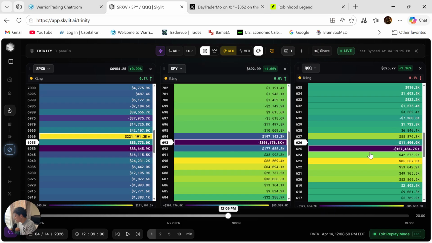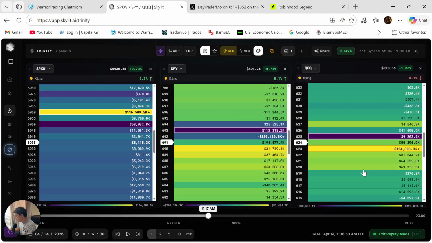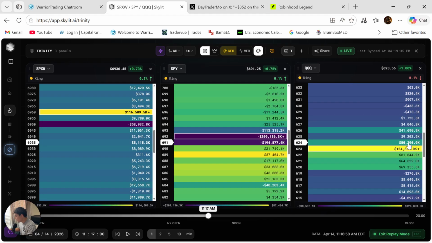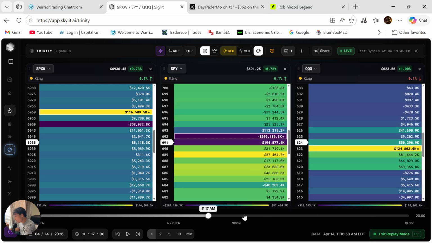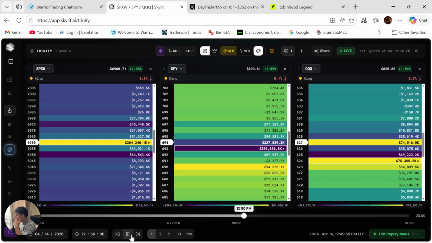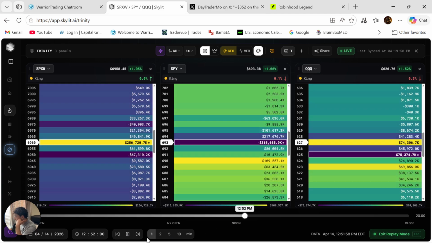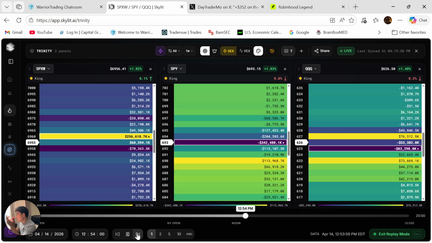Slowly kept moving. This apparently is called a rolling of floors, so the flooring keeps getting brought up. But I was a little bit thrown off because there's a disconnect between the three, and I was like, okay, why is there a difference on SPY? There's more negative gamma exposure here. There's positive gamma exposure, so I'm like, I don't know. So let's keep going. Let's see what happened. I know what happened, but I'm just going to keep fast forwarding.